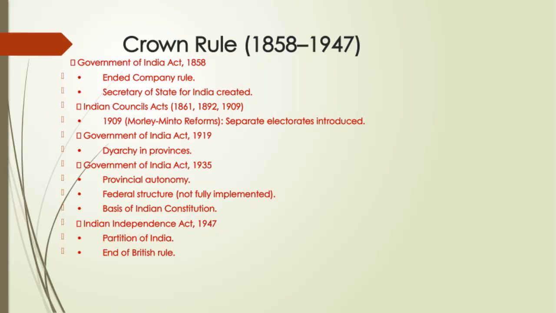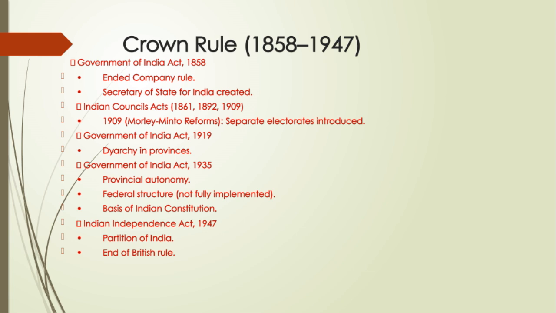Let's take a look at the key legislative changes during the period of Crown rule from 1858 to 1947. Starting with the Government of India Act of 1858, this marked a significant turning point because it ended the rule of the British East India Company and brought India directly under the British Crown. To manage this new governance, the Secretary of State for India was created, serving as the key official overseeing Indian